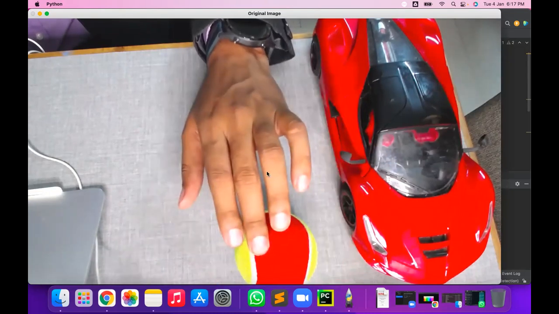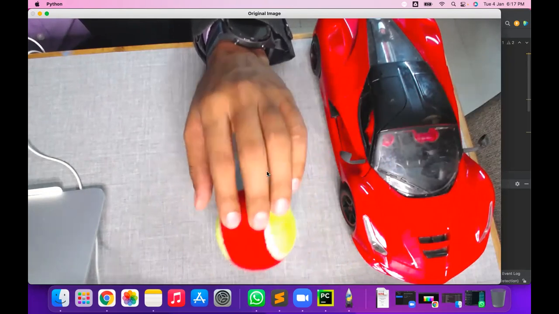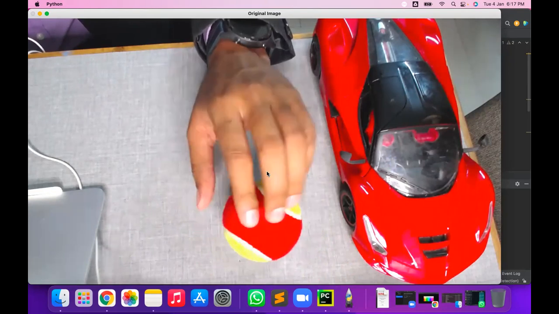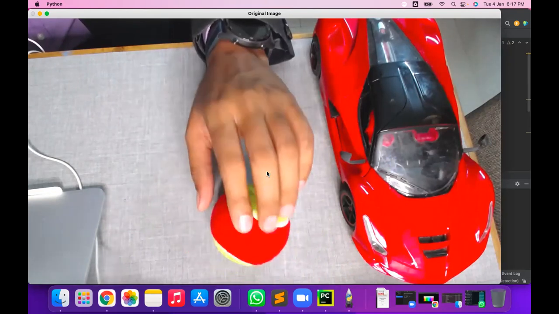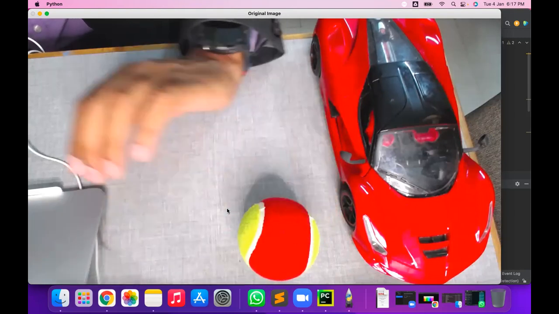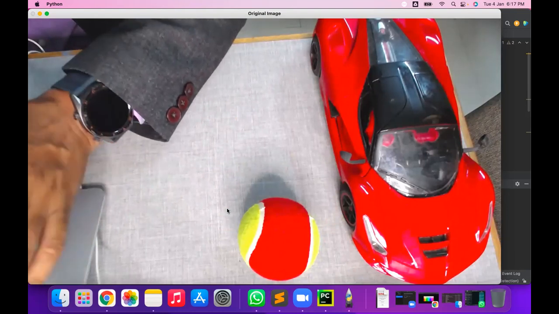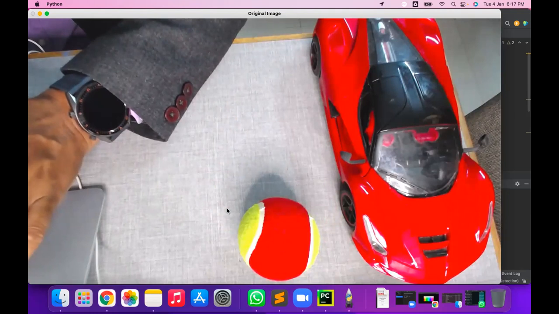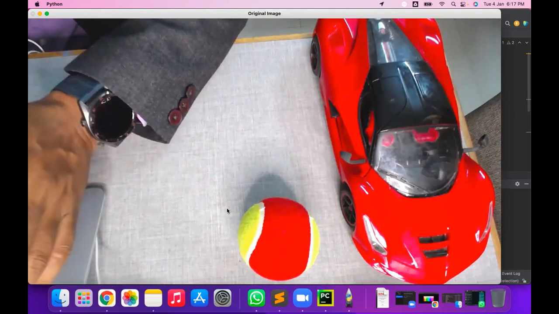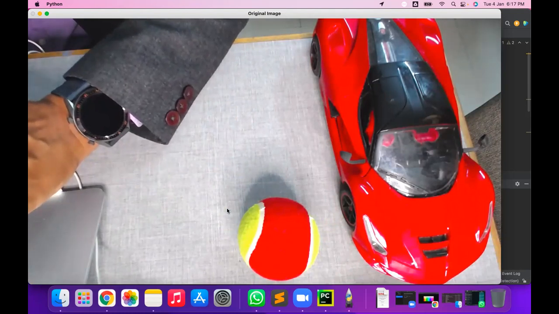But actually, my camera has a high resolution. My camera is a Logitech C930. It has HD quality video, so it is a very high resolution. I don't want such a big frame for processing, because if you are using a big frame for processing, then you require more time. So yes, I have to reduce the frame width.